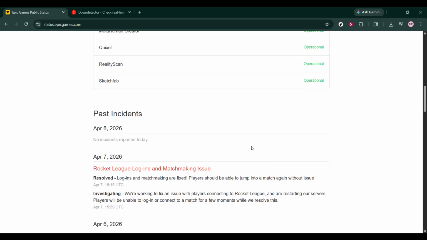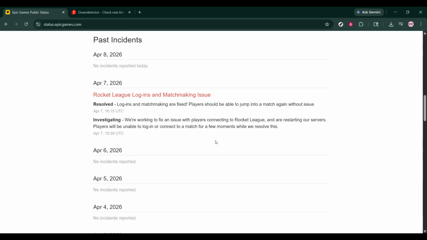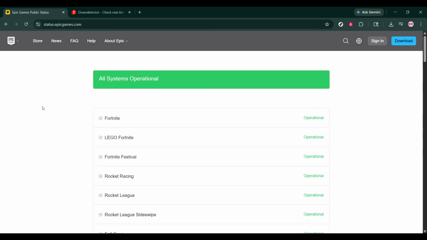If the servers are working fine, then the most important thing to check is whether your console account is already tied to a different Epic account. This is a very common cause of the unable to connect accounts message. For example, if you're trying to link PlayStation, Xbox, Nintendo, or another console profile, that account may already be associated with a separate Epic Games account. Epic does not always allow the same console account to be linked to multiple Epic accounts, so this can block